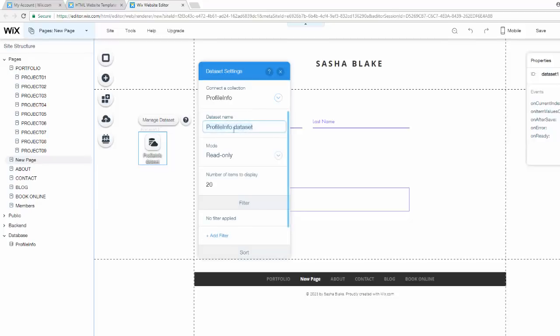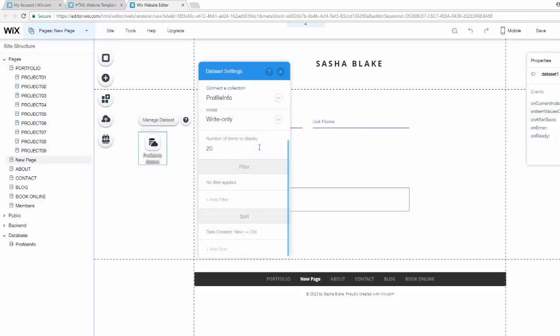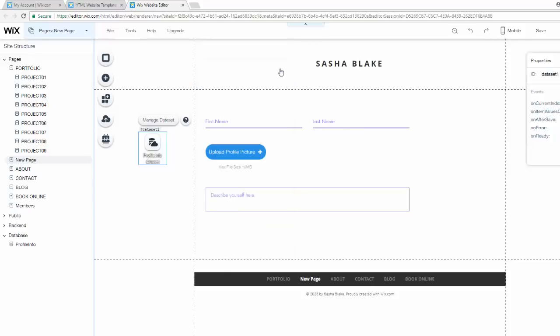And then you can name your dataset here. A lot of times it's easier just to name your data set, keep a preset as they have it. And then your mode, you want it to write only, because if you have it read only, that means people can't actually submit information. Write only means that people can only submit information, so you want people to be able to submit that. You would click write only,